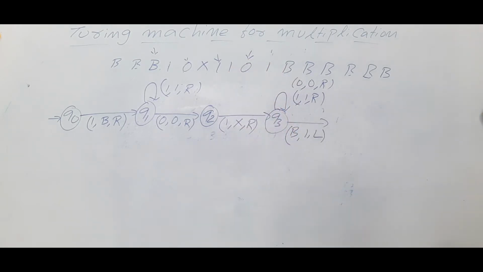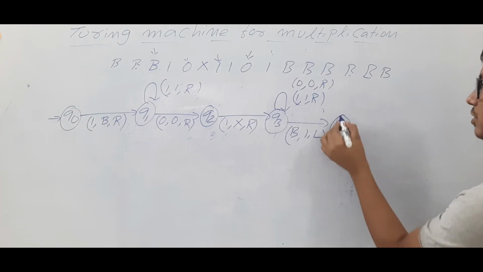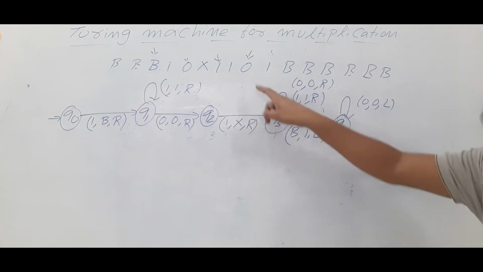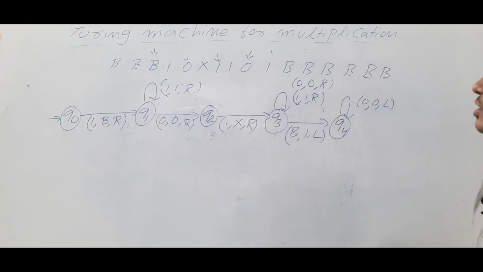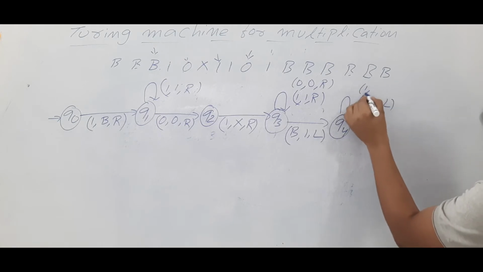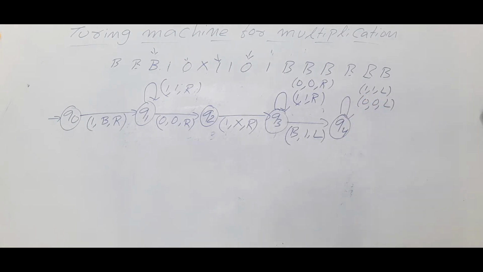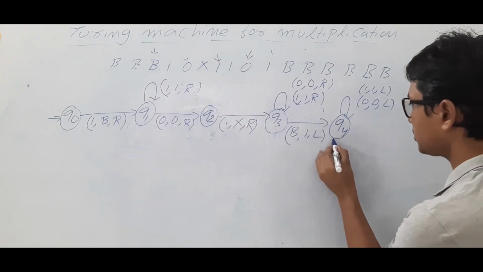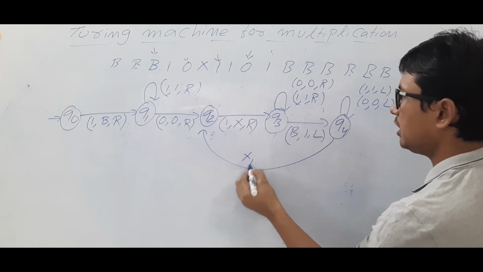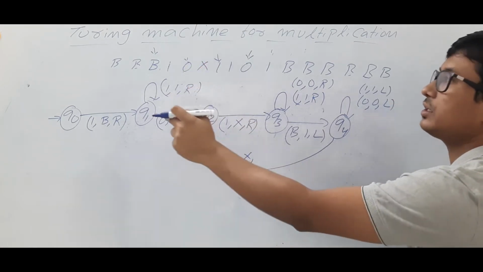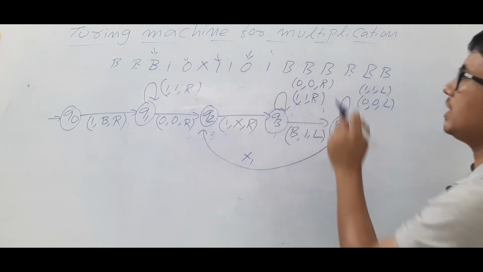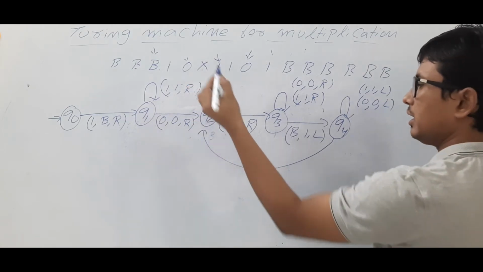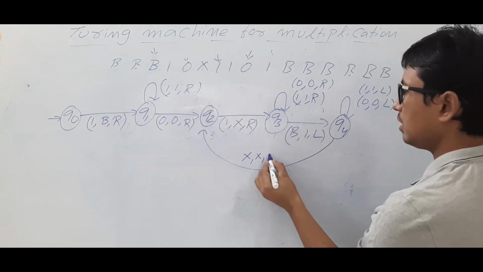So the tape header is pointing to here. So you are in the state Q4. If you get a 0, make it as 0, move to the left. If you get any number of ones, make it as 1, move to the left. So all ones are finished. Now you are searching for an x. If you find an x, you keep it as x, because again you should go here, not here, because all these ones should be placed here. So if you get an x, keep it as x, move to the right.